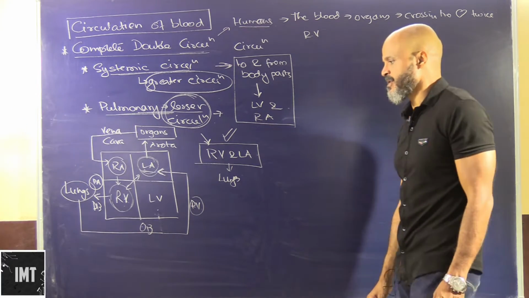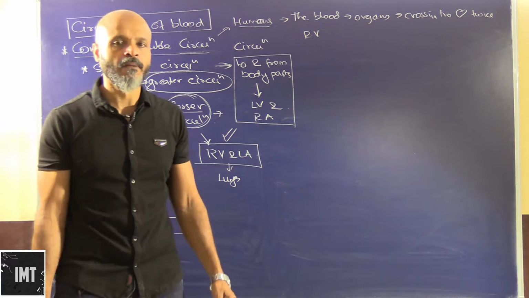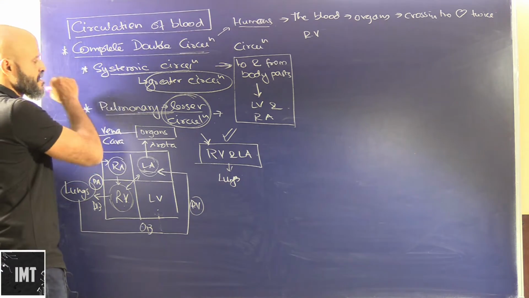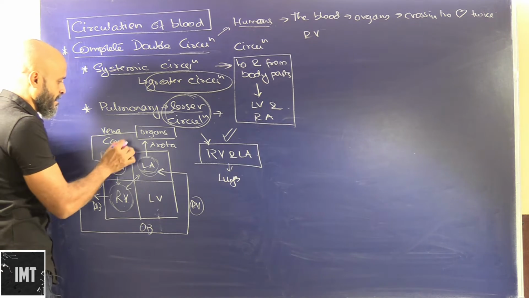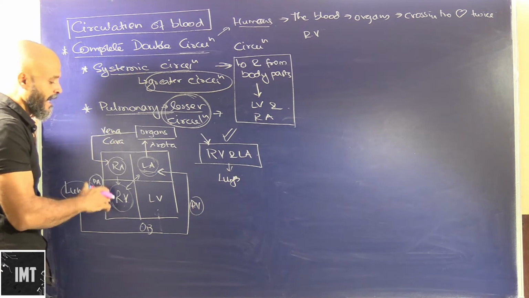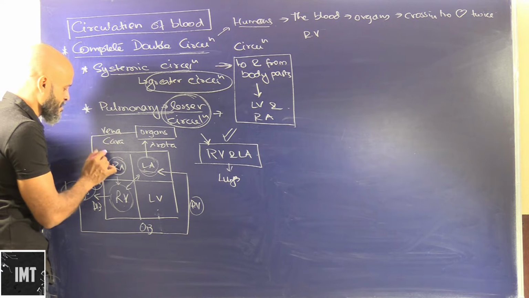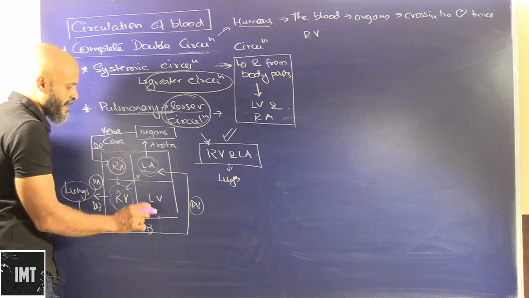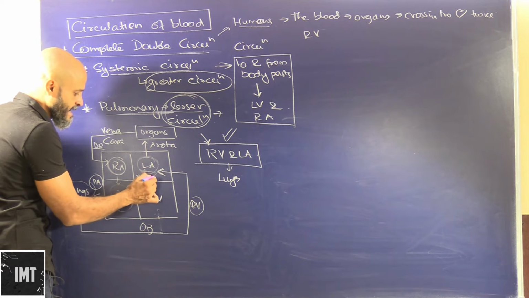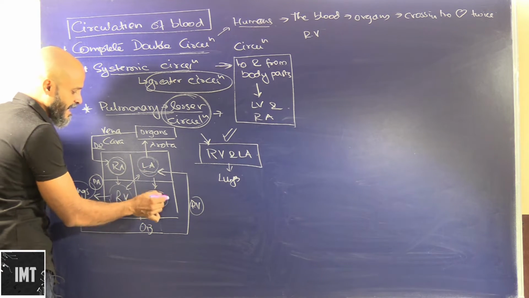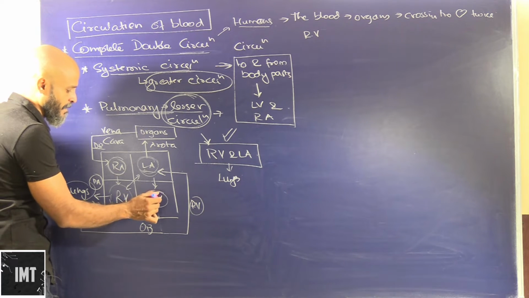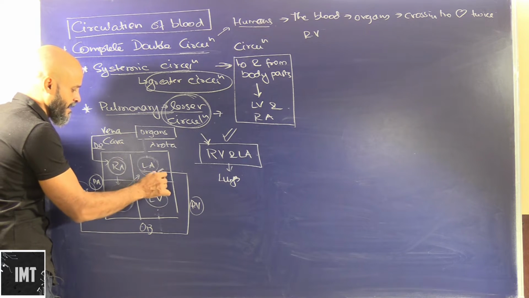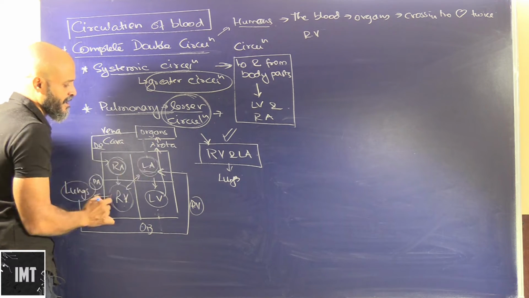Okay, now we'll talk about the greater circulation. Greater circulation means the blood being carried to and from the various body parts or organ systems. So here we have systemic circulation, in which the vena cavas, the superior and inferior, including the coronary sinus, are carrying the deoxygenated blood to the right atrium. After the left auricle receives the oxygenated blood, it is carried on to the left ventricle, and again the left ventricle pumps it to the aorta. From the left ventricle, it is pumped into the aorta to the different organs of the body.